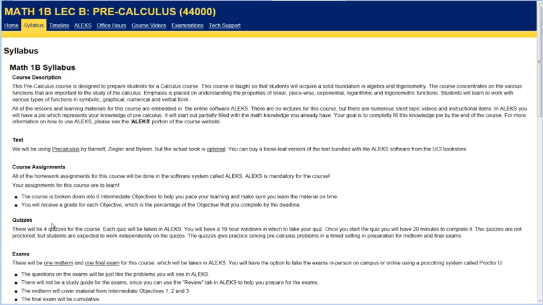And under the exam heading, we see that there will be 1 midterm and 1 final exam. And as with the assignments and quizzes, the dates of those exams can also be found under the ALEX tab. But moreover, there is this examinations tab at the top here, which we'll look at shortly, which gives much more detailed information on the exams. Note that the exams will be proctored, which we'll discuss shortly. Now, scrolling down to the bottom,